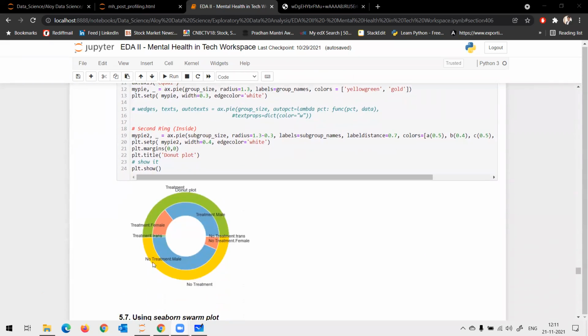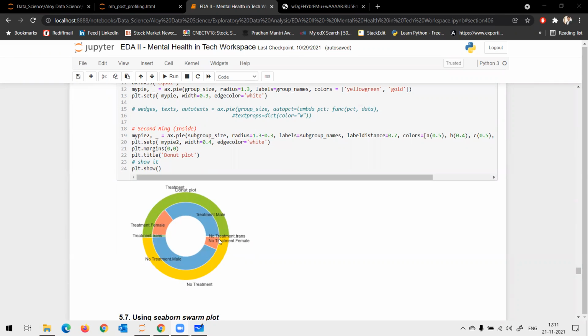Here the outermost layer shows the distribution of treatment, treatment no and treatment yes, like whether they take the treatment or not. And the inner donut gives the distribution with respect to the gender. As we discussed earlier, males do not take more treatment with respect to either female or trans.